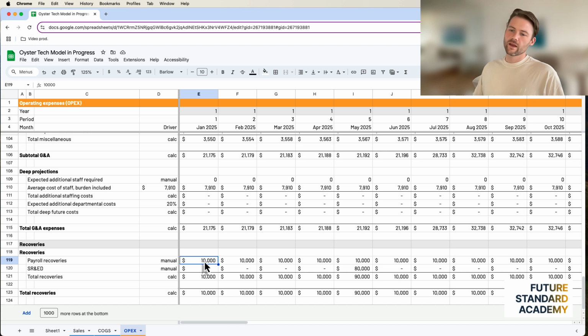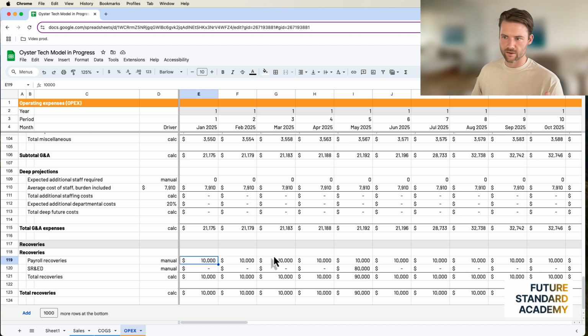Payroll recoveries, you would have a much more precise analysis of this. Say I'm in BC, Canada. For payroll recoveries, you'd have MyTax and IRAP, and if you're in the life sciences, you'd be working with Natural Products Canada. All these funders can actually pay for specific salaries that are higher up in this model on this sheet. So I would put these in there, and I would actually drive the payroll recoveries based on those salaries.